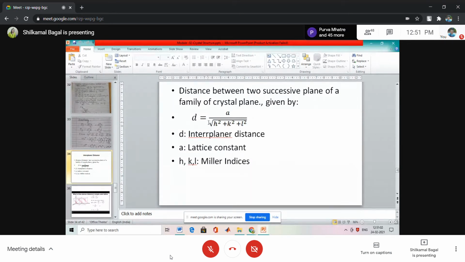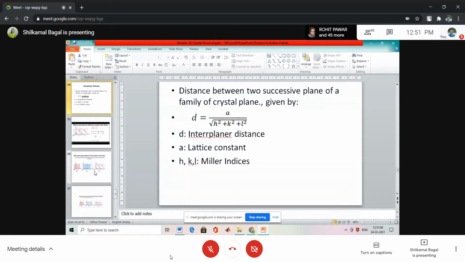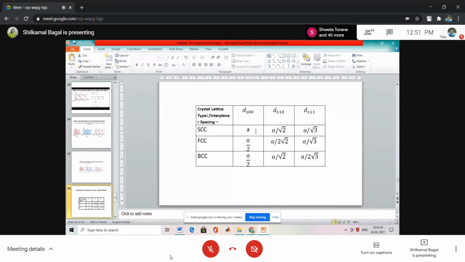So d100 is a. Last time I have shown you with the model how the additional planes are inserted in FCC and BCC. In case of 100, plane is added in both BCC and FCC, and so if we summarize this interplanar spacing